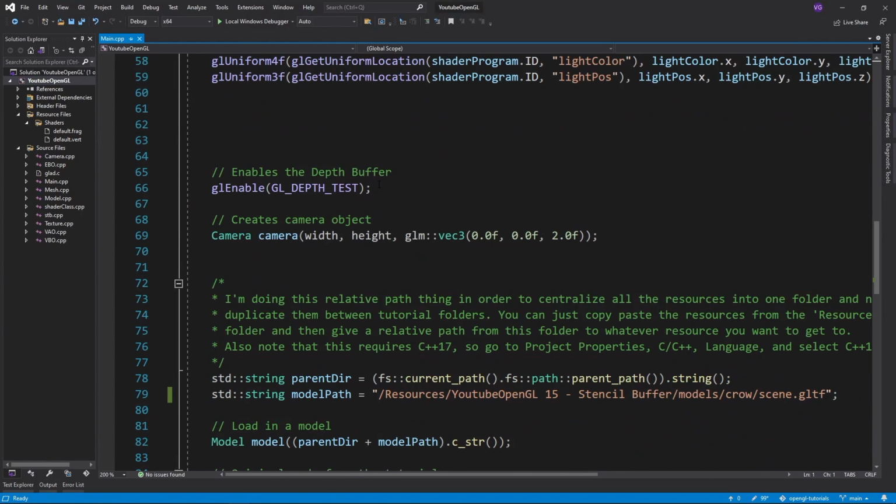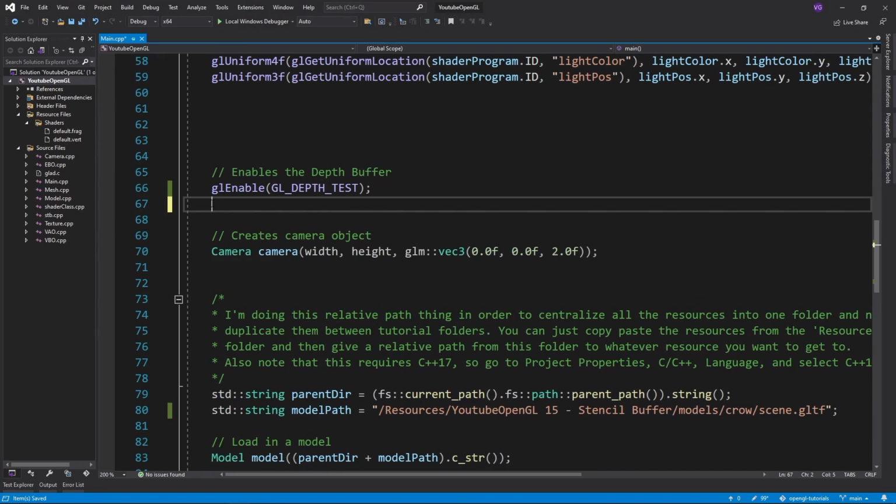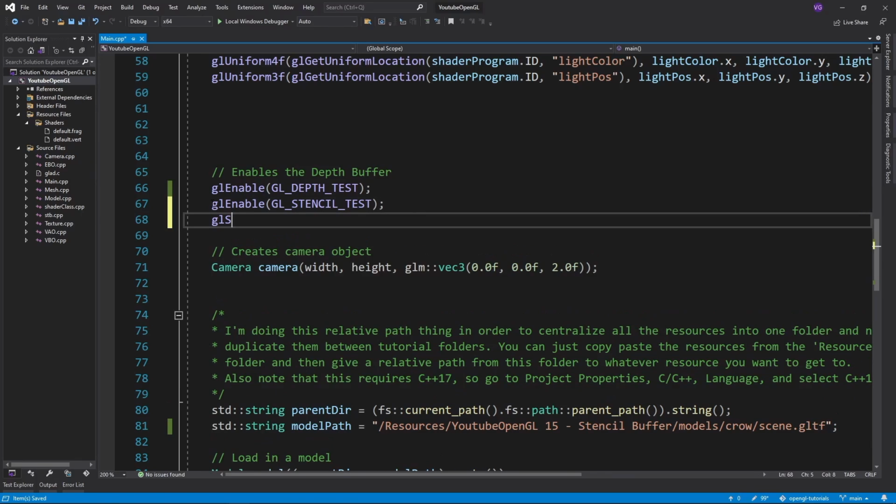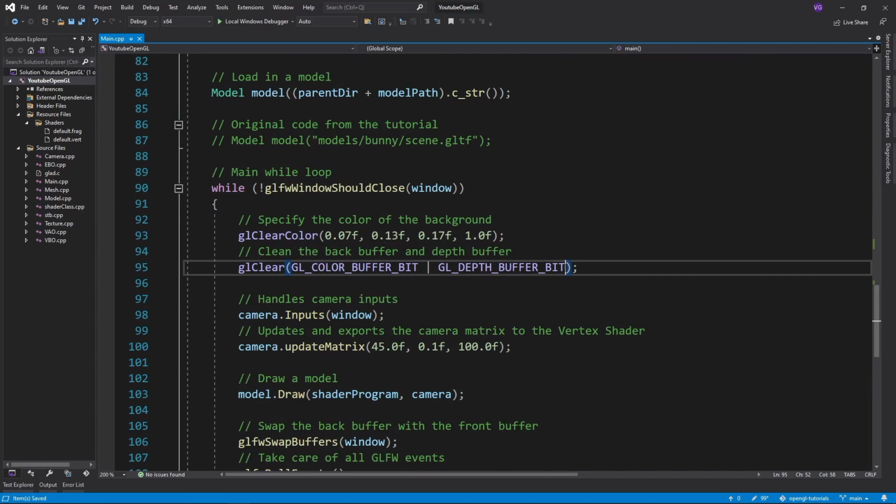We start off by enabling our stencil buffer using glEnable GL_STENCIL_TEST and making sure we also have our depth buffer enabled. Then we use glStencilOp plugging in GL_KEEP, GL_KEEP, and GL_REPLACE. This will make it so that when both the depth and stencil tests pass, we'll use the reference value specified by glStencilFunc. Now let's make sure we clear all the buffers before each frame and go on to the part where the